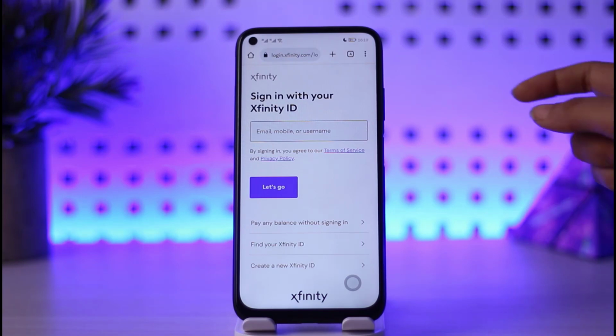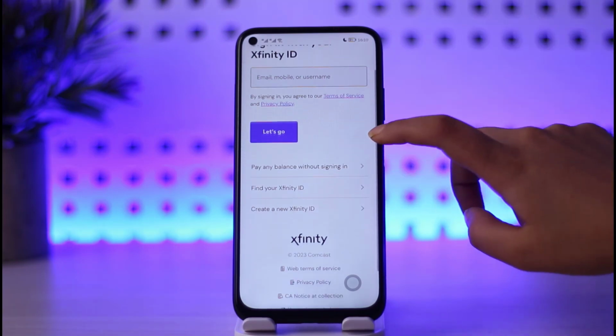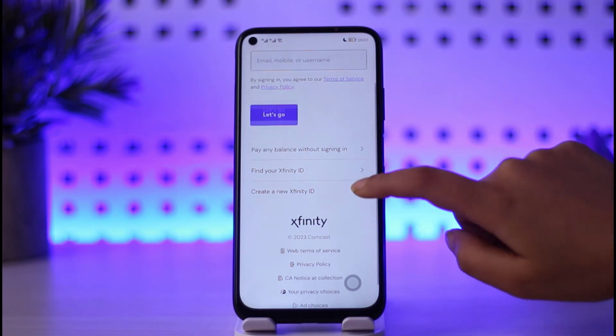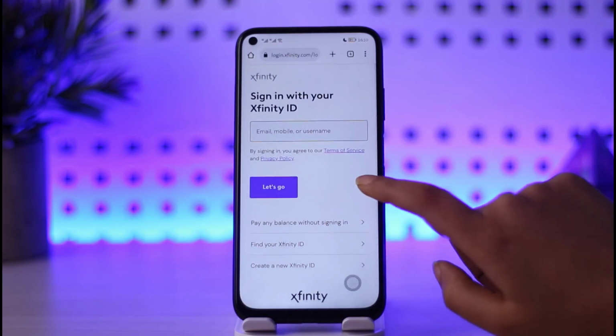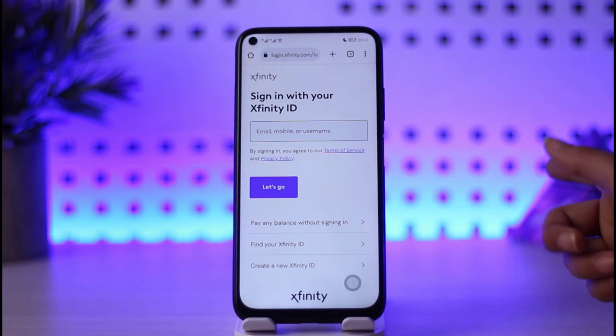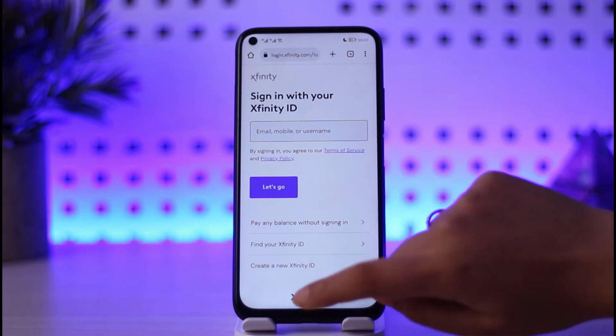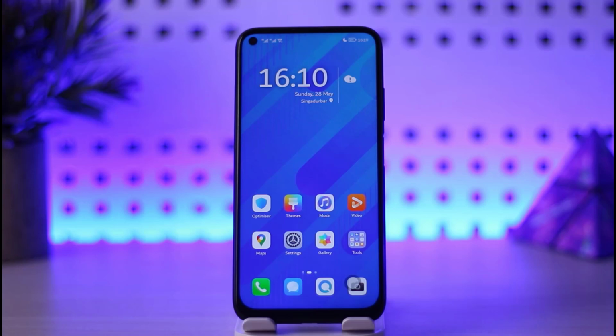And if you have other things to check in, simply go ahead, you can see here information, go ahead and check it out. And then if you are just done with it, simply go ahead, tap on let's go, and you're good to go right there. So yes guys, this is how you can simply go ahead and get logged into your